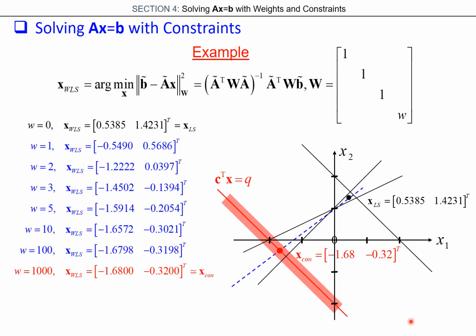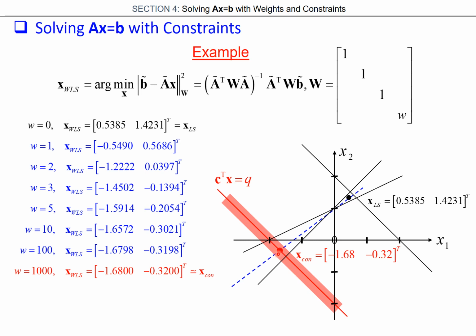So let's have a look at that. So what we've done here is there's the w matrix, and what we do is we're going to change this value w. So when w is equal to 0, the solution that we get for the weighted least squares, when w is equal to 0, we're ignoring the constraint completely, and so we get the least squares solution, which is up here. Now, if we make w equal to 1,000, what we're saying is, wow, it's really important that you incorporate that constraint in. And so in that particular case, it's going to lie almost down here on that line,